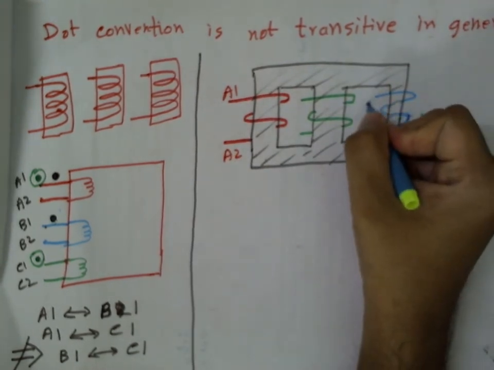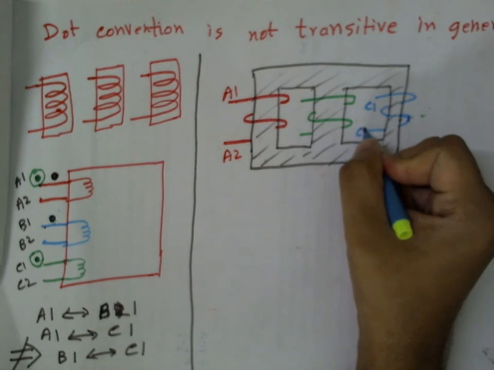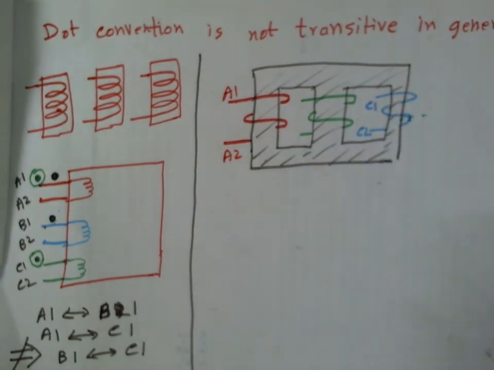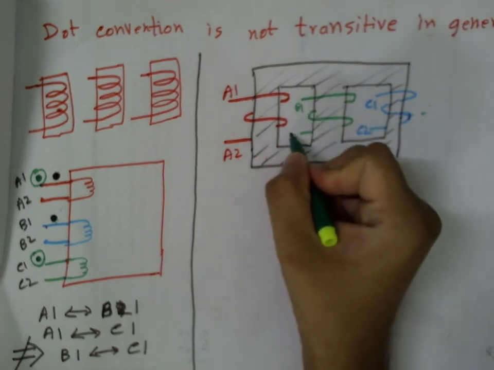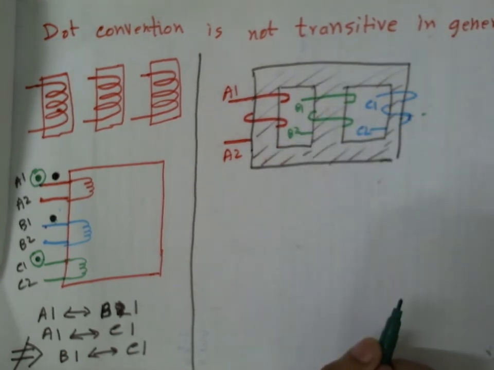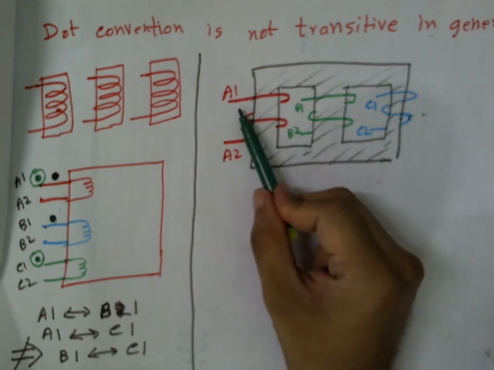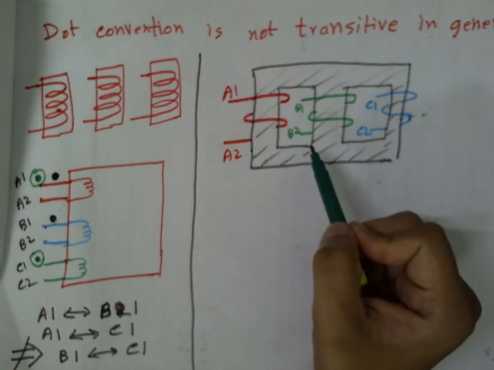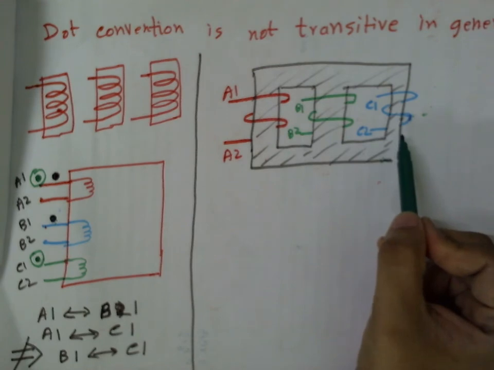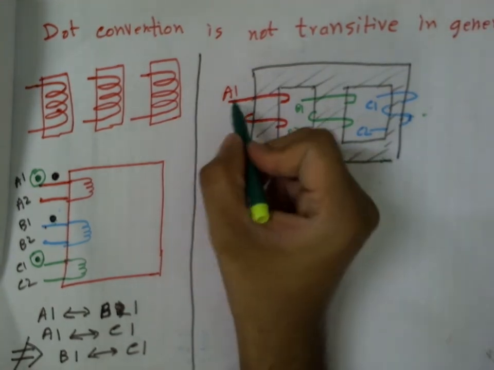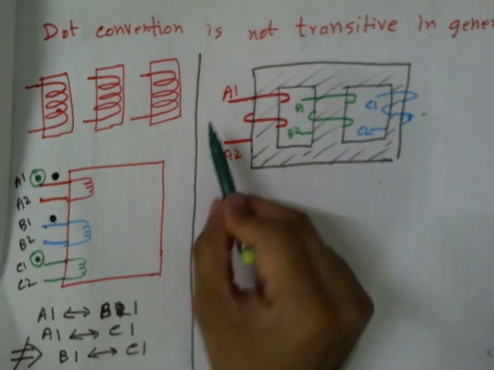This is C1, C2, and this is B1, B2. Okay. Now let's consider coil A and coil B together, forgetting coil C. Okay. So